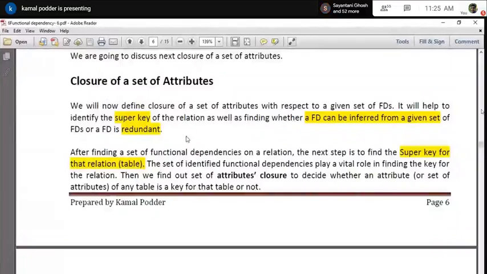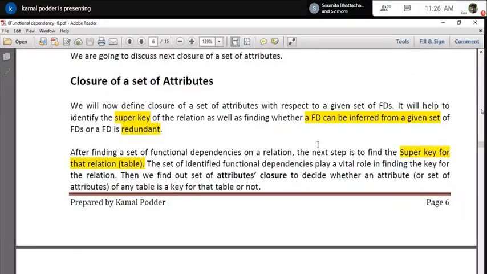It will help you to find out the super key, because if it is a big table, a big database, there are a lot of relations. For every relation, trying to find out the super key might be a very tough job. Okay, so if you understand this thing, then with the help of a very simple algorithm, you can easily find out the super key. Okay, and you can implement that in an algorithm too.